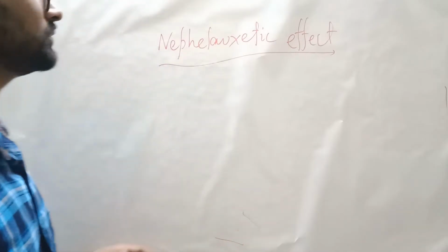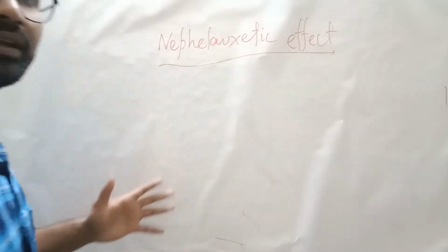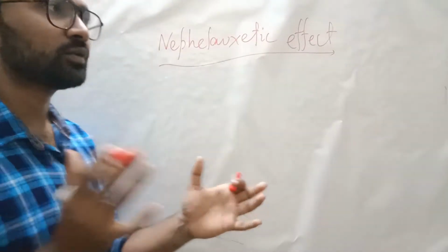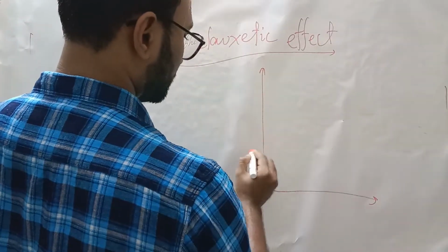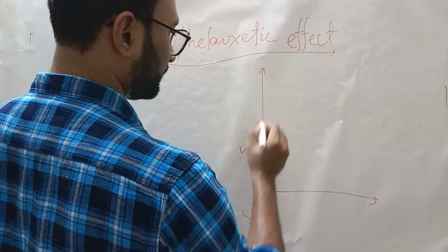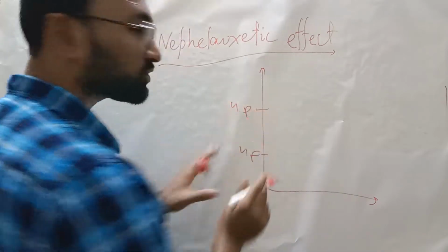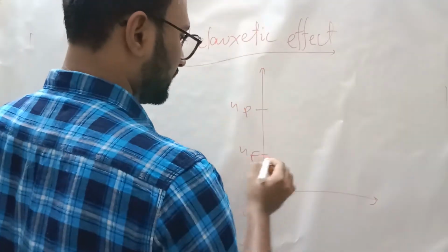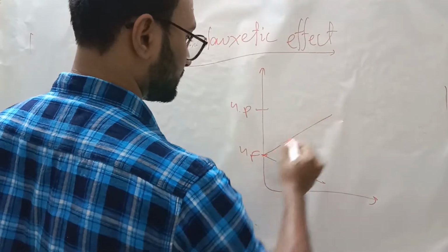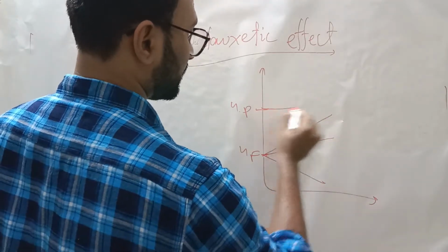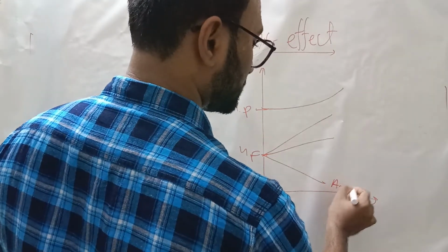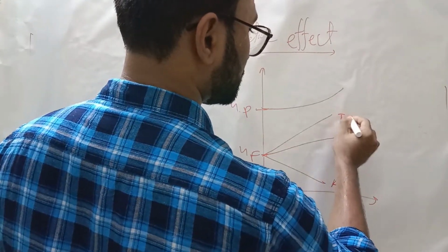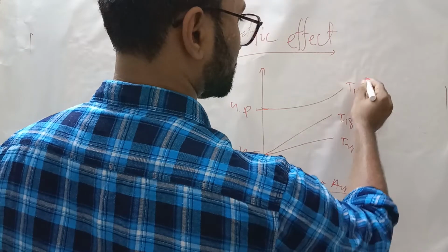Now, in the metal electronic spectra, what do we see? What we have seen, when we consider the F term and the P term, suppose for a d3 configuration, this splits like this, and this splits like this, isn't it? So this was A2g, this is T2g, this is T1g, this is T1g.